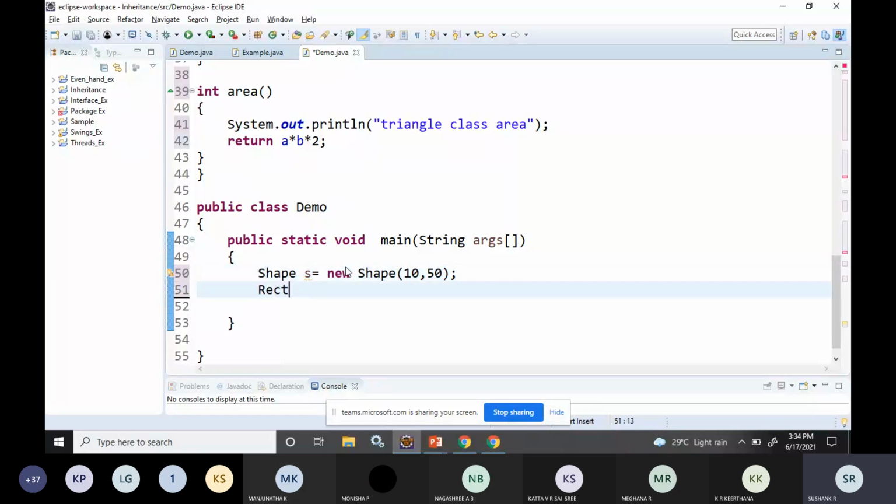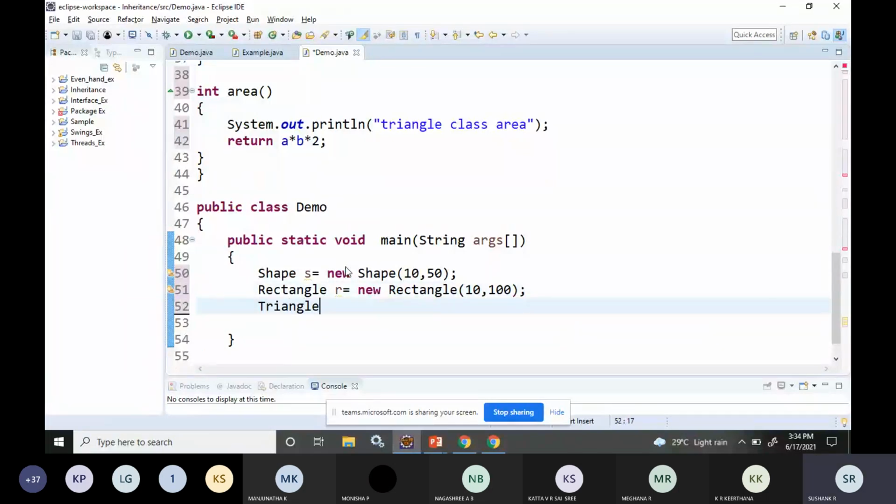And I want to calculate the area of a rectangle: new Rectangle of 10 comma 100. So for rectangle, let it be 10 comma 100. And one more class called triangle. I'm creating Triangle T is equal to new Triangle of 20 comma 200.